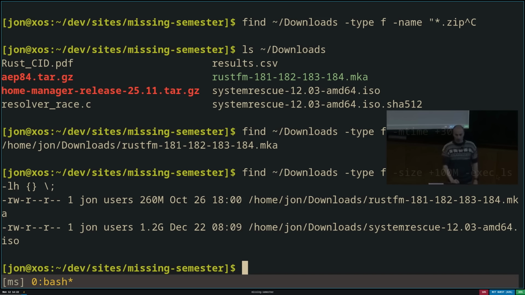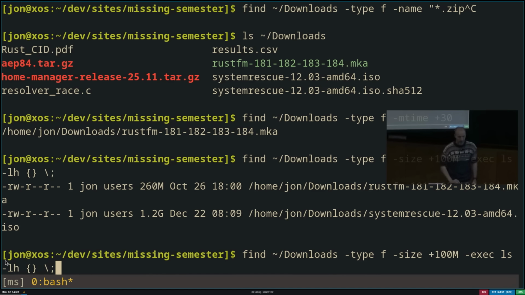And I'm telling it to run ls, which lists information about a file, with the -lh argument, so I'll put this back down here at the bottom, with the -lh arguments. -l means show me more information about the file. -h means print the size of the file with human readable notation. So don't print the size in number of bytes, print it with gigabytes, megabytes, kilobytes, and so on.